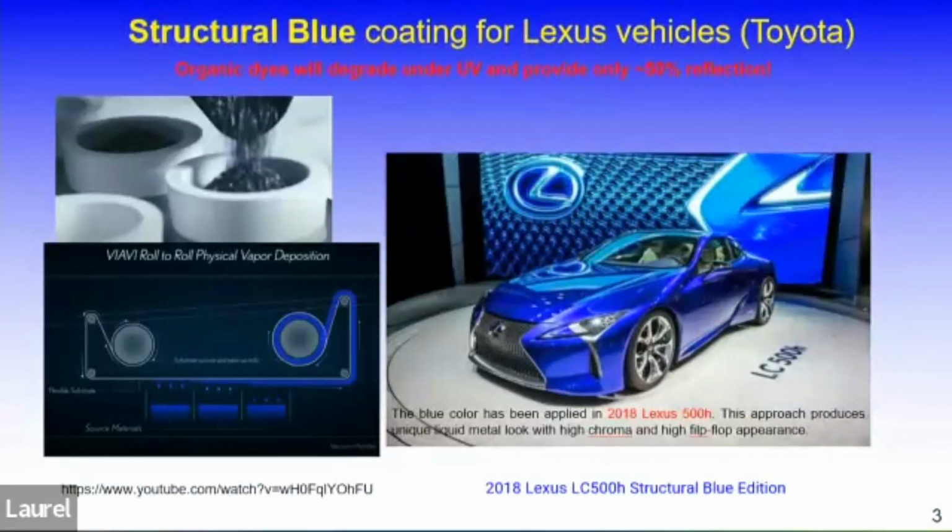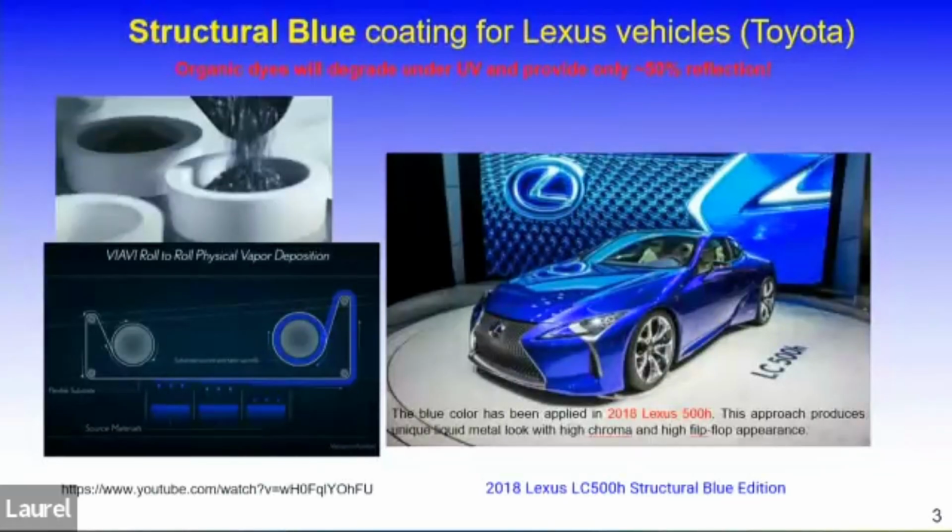As many of you working in industry might know, there is another famous case of structural color, the structural blue developed by the Toyota company. Just take a look at this very fancy car. It has a highly saturated and pretty blue color. But can you imagine that there is actually no blue pigment in it? The color comes from a multi-layered structure. It's a stack of different layers of materials, and it is able to give this highly saturated